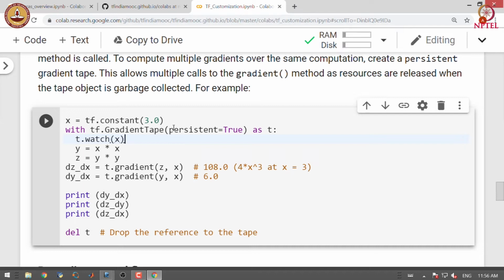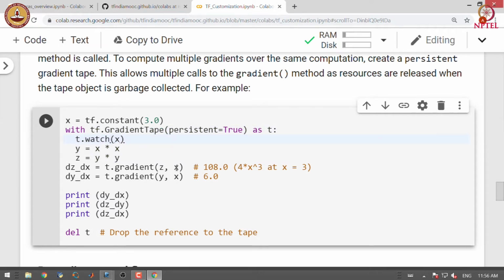So, we simply add persistent equal to true to the gradient tape method and then perform the forward computation in the context of this persistent gradient tape.